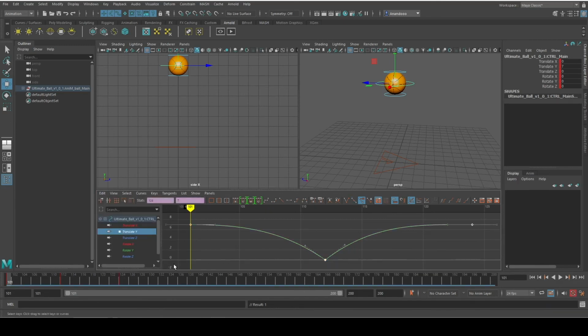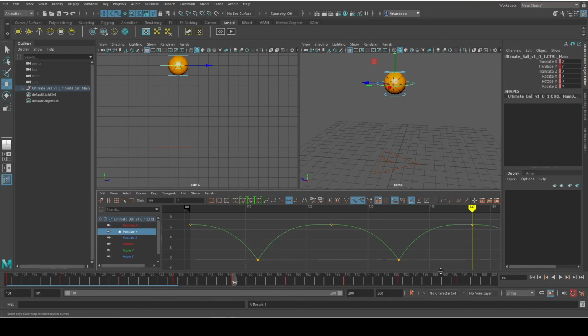Did we not copy it properly? And paste. We need to be on that frame as well, that would be useful. And then we can hit A, and then we see that, and then we can do the same again. Control C, go to the right frame this time, make sure we only have that final part selected, and we can paste again, and then we've got our bouncing ball, but we only have the bouncing at this point,